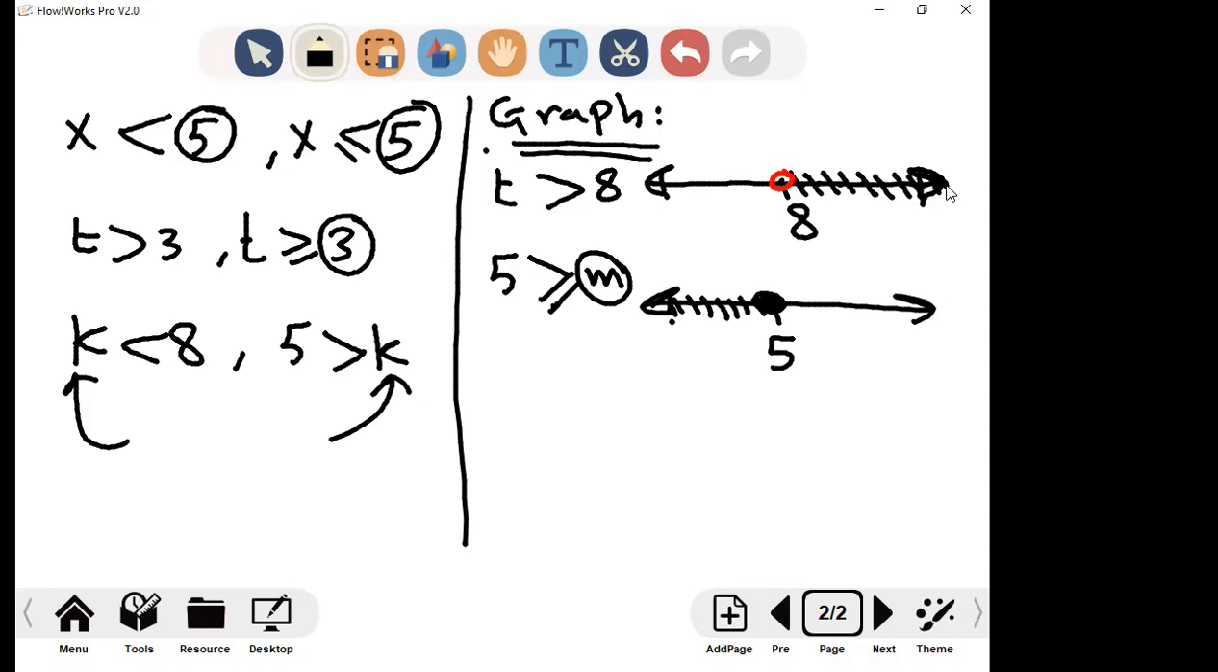Here m less than or equal 5. So any number here is correct or make the inequality correct. Any number here is not. Okay? Done. Now our lesson is